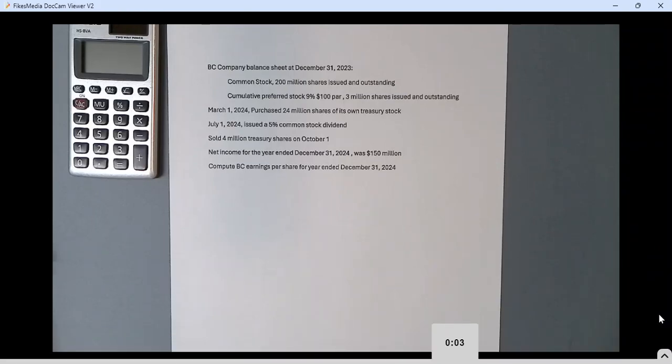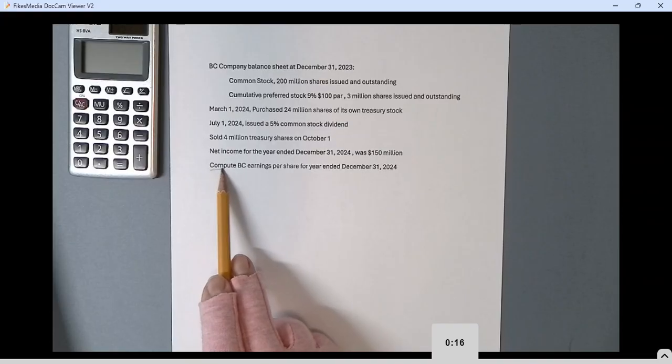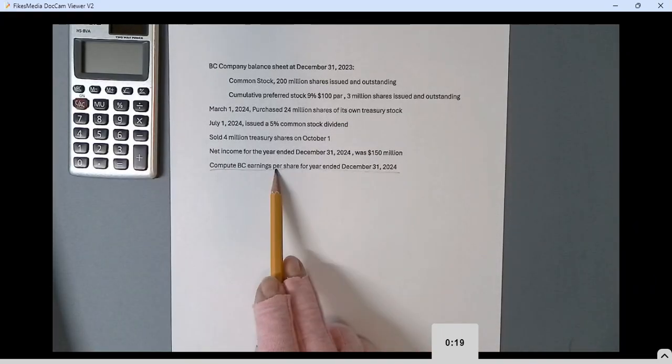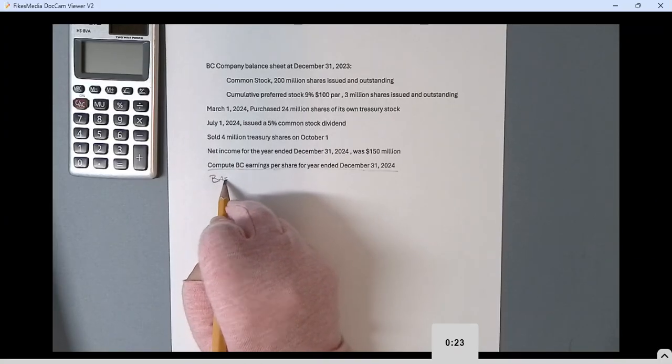Okay, let's take a look at a more complex capital structure with a split. And how do we manage our framework with a split? So here I have a question. Go to the last line, compute the earnings per share. Okay, so earnings per share basic first